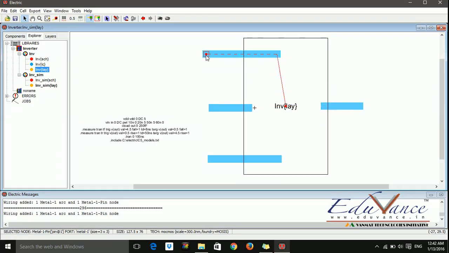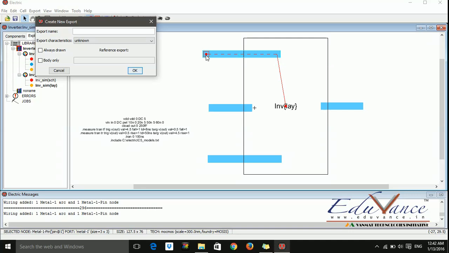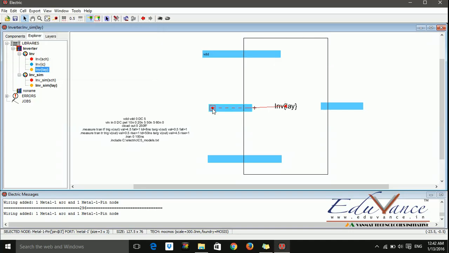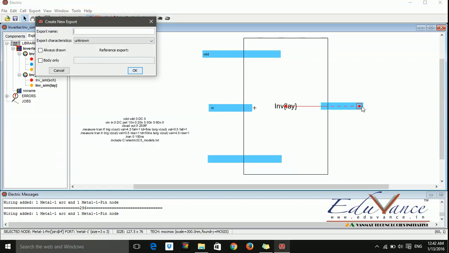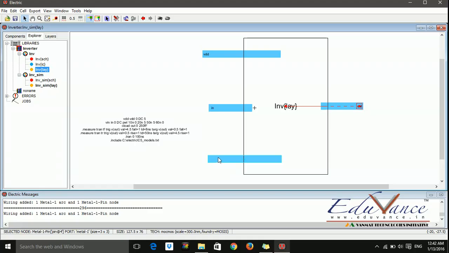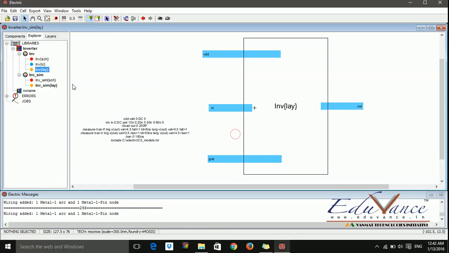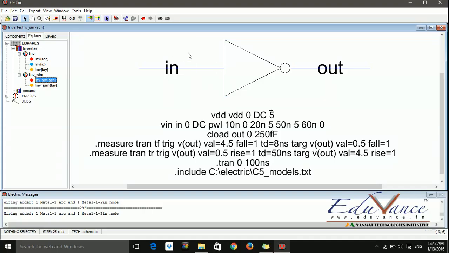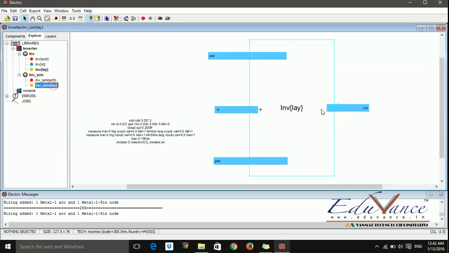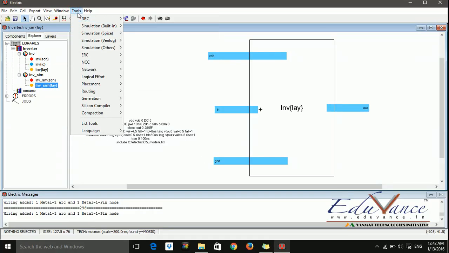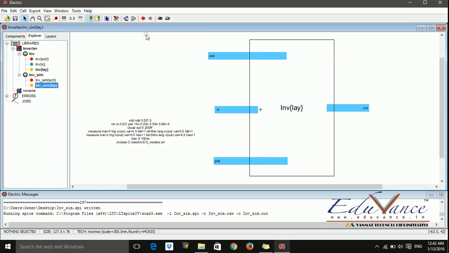And we name these as VDD, in, out and ground, like we did for the icon view. We took arcs and named the arcs, so here also we are naming, and then we'll simulate. Tools, Simulation Spice, write spice deck,